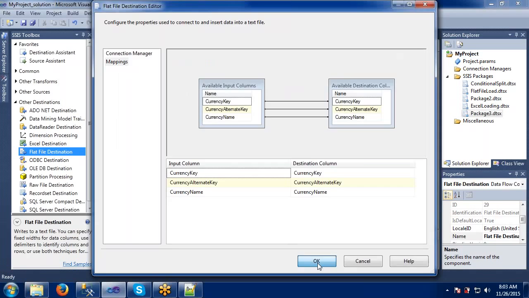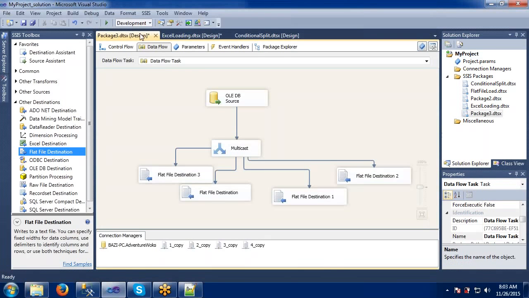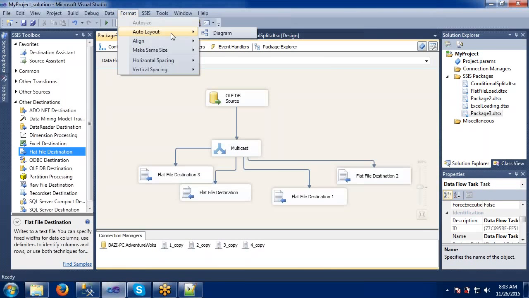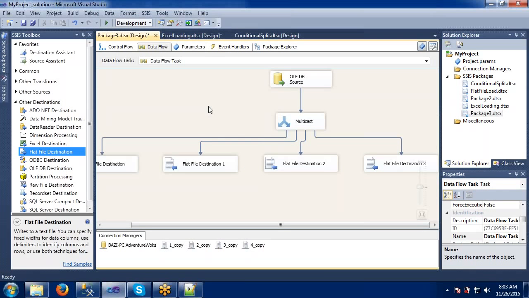Mappings. So all are done. Let's make it in some format here. So this is how it will be. Let's try to execute this one.